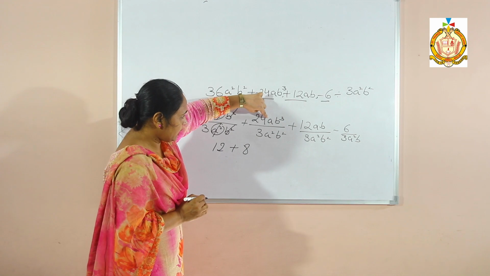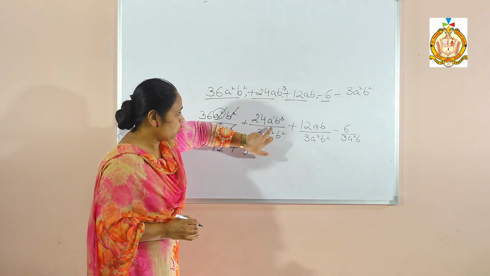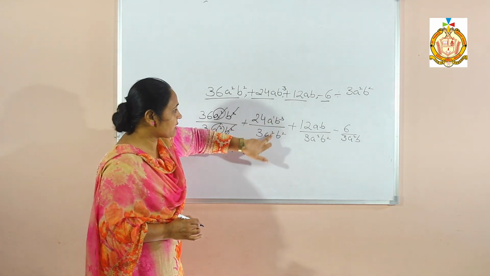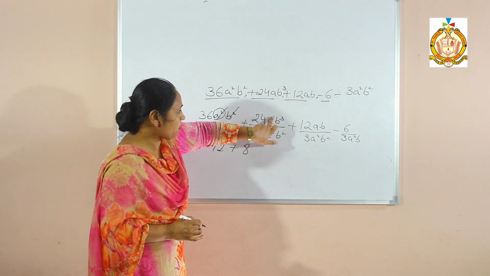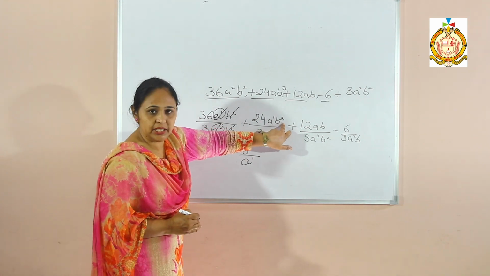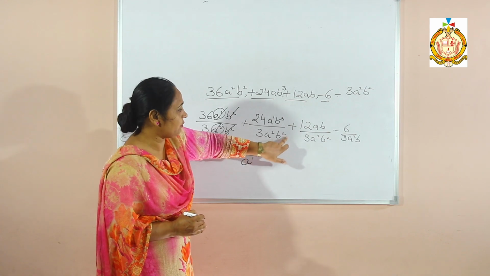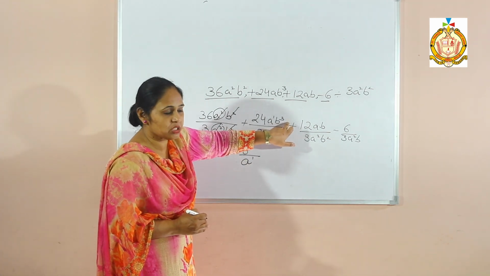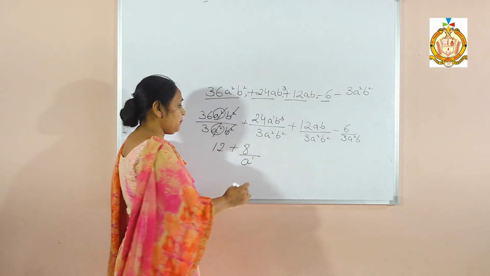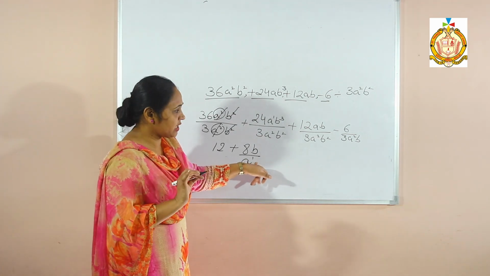Now see, students, there is no power written, that means I will take 1. Now there is 2. 1 comes to 2. Lower power comes to greater power, and division means it will be subtracted. 2 minus 1, there will be power 1 in the denominator. Now b raised to power 3, b raised to power 2. The smaller power will go against the greater power and we have to subtract, 3 minus 2, there will be 1 in the numerator. That means b will be in the numerator. No need to write power 1, but if you write it, that is also correct.